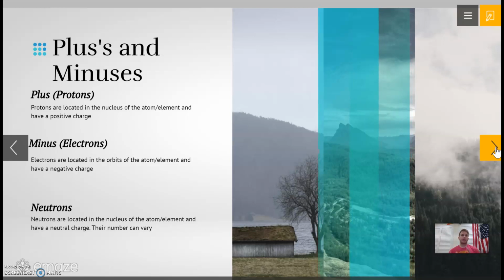Now, because everything has to be balanced, the base element of whatever you choose is going to have the same number of protons as it does electrons. The reason is that the charges have to be balanced. When they're not balanced, that's when you get into what we're going to be talking about next. So the neutrons, as I mentioned earlier,